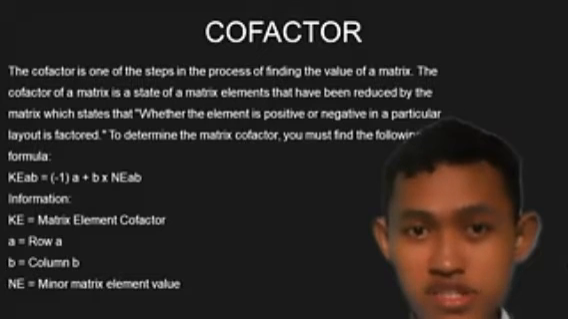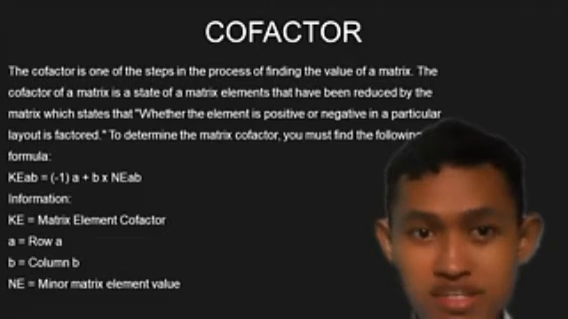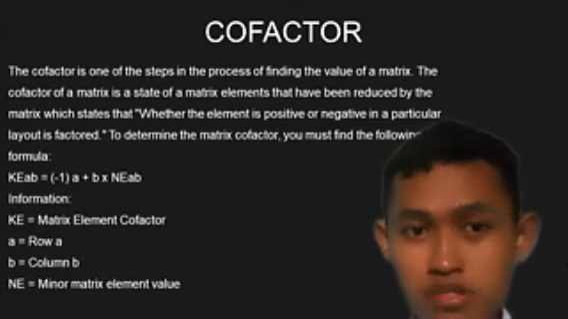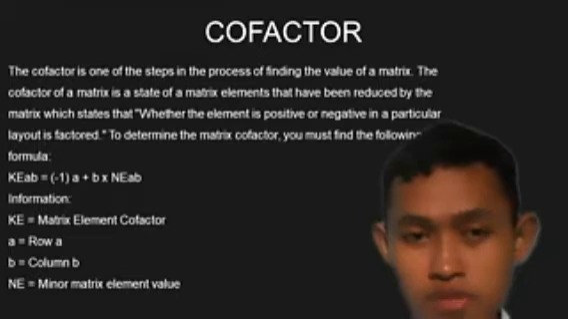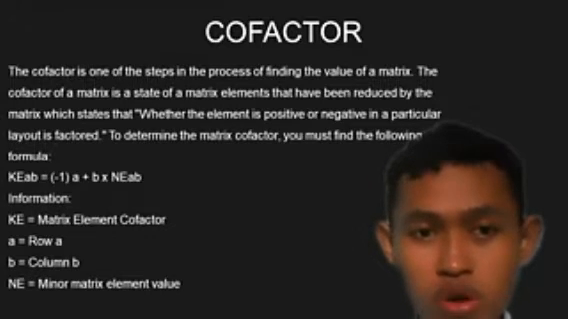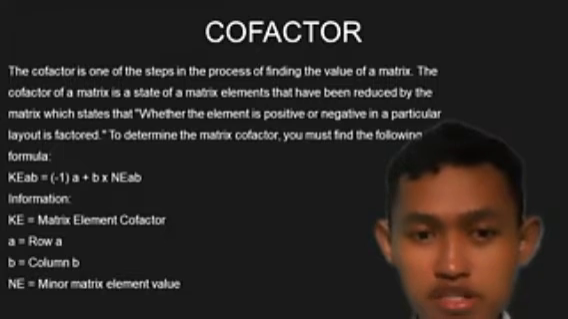Cofactor is one of the steps in the process of finding the value of a matrix. The cofactor of a matrix is a set of matrix elements that have been reduced by the matrix, which states whether the element is positive or negative. To determine the matrix cofactor, you must use the following formula: K_ab equals (-1)^(a+b) times M_ab, where K_ab is the matrix element cofactor, a is row a, b is column b, and M_ab is the minor matrix